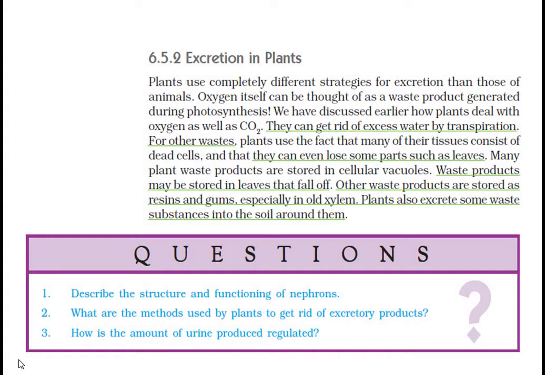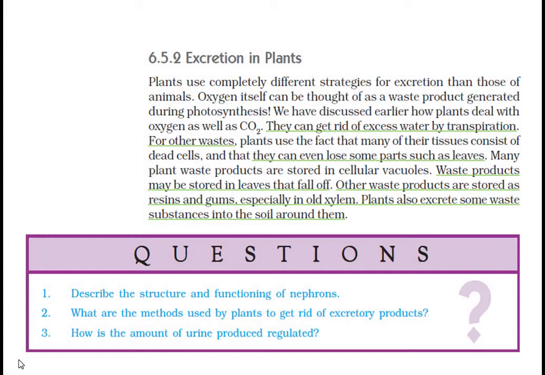Oxygen is produced during photosynthesis. After photosynthesis, a lot of oxygen is produced. That oxygen is also a waste material for the plants. It is released out through the pores of the leaves, which are called stomata. And through the stomata, plants also excrete excess water, which is called transpiration. So if they have an excess amount of water in their body, they release it by transpiration, getting rid of excess water through the pores called stomata.